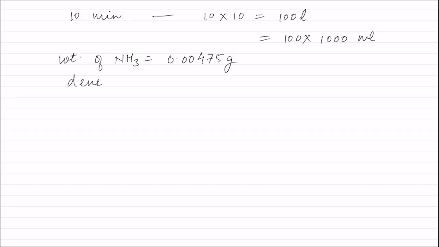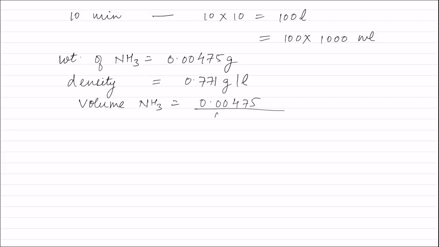Density of ammonia is equal to 0.771 grams per liter. Therefore, volume of ammonia will be equal to mass by density, that is 0.00475 divided by 0.771, and this is equal to 0.00616 liters, and this is also equal to